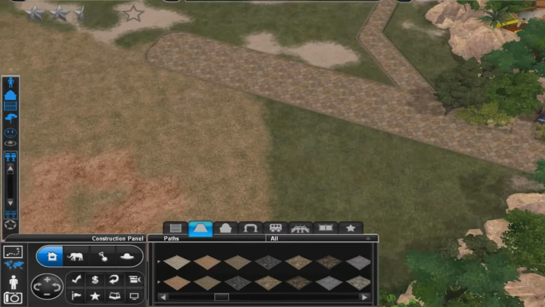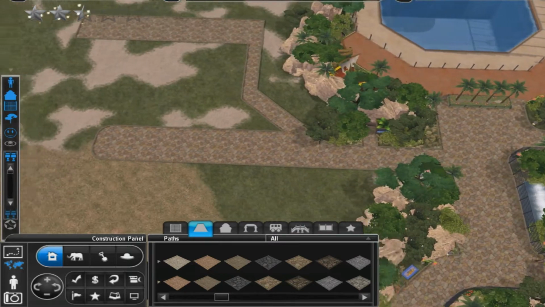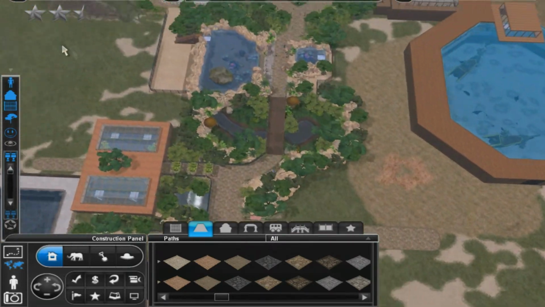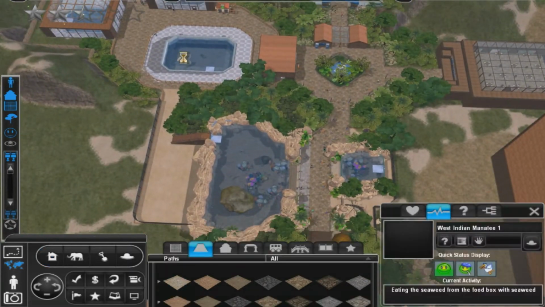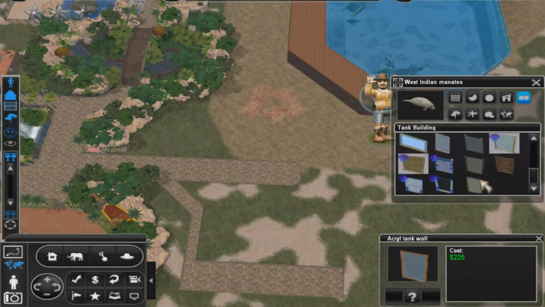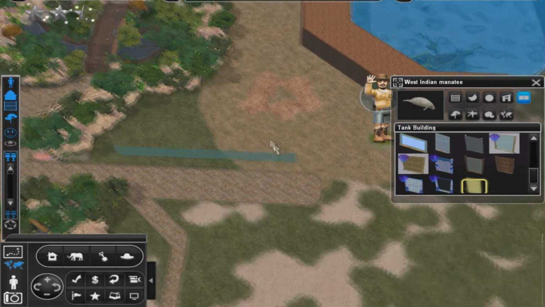There we go. And maybe have our West Indian manatee enclosure just over here. I think that works quite well. So let's go over to our West Indian manatee enclosure where it's currently housed. And I'm going to go ahead and build a tank not dissimilar to the ones we have over here where